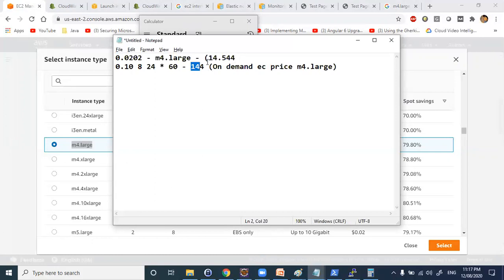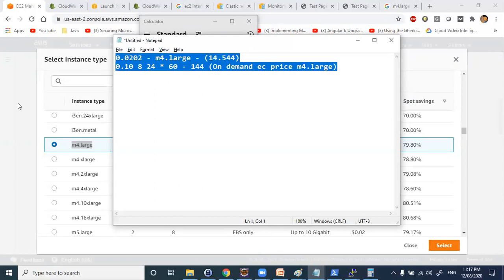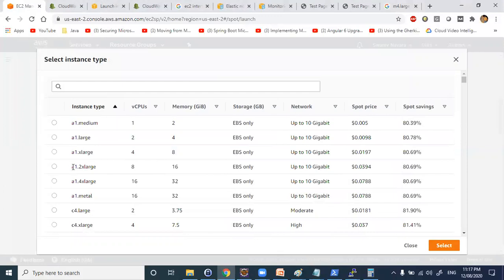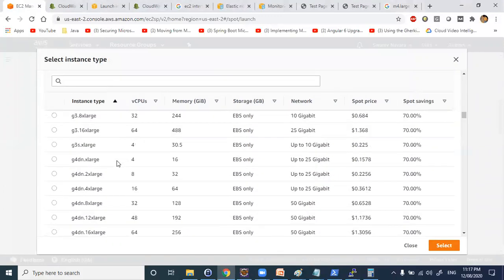So almost 80% of the cost is reduced. This is how spot instances work. But are you going to use spot instances regularly? No, you're not going to use it regularly. Only when you have specific use cases will you use spot instances.